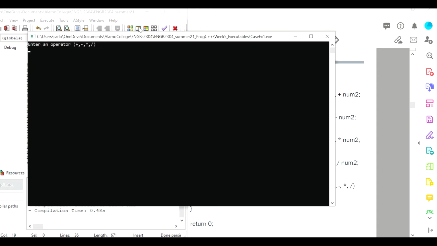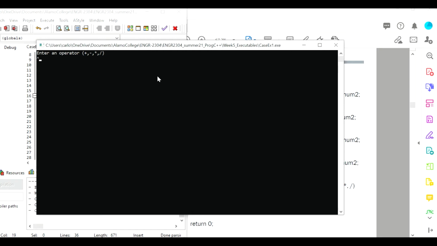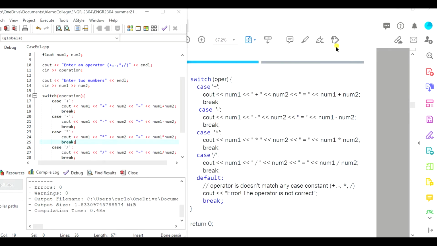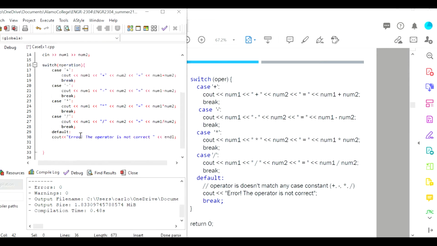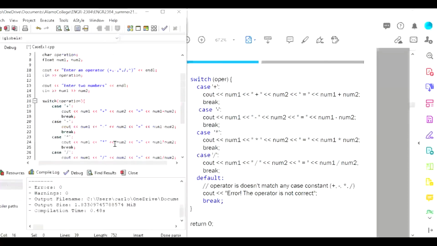Let's try one more time. Let's say it's going to be times, multiplication, 2, enter, 3, enter, 6. Excellent. And when I type a character that is not used, then it's going to tell me error, the operator is not correct. But it's pretty simple, because by now we know that we can add that case as well. And for that, all we need to do is add the case like so, where the operator is here,